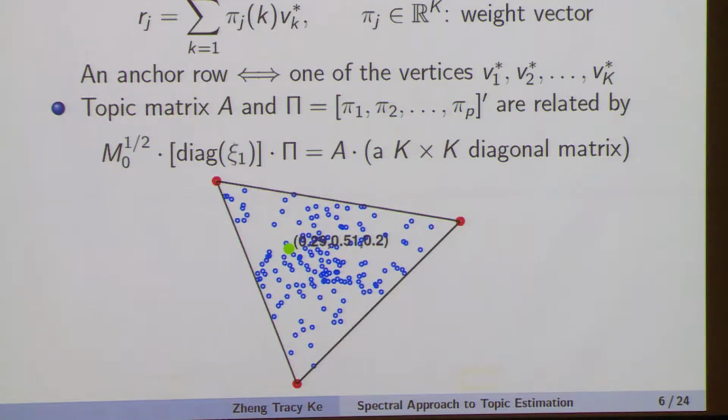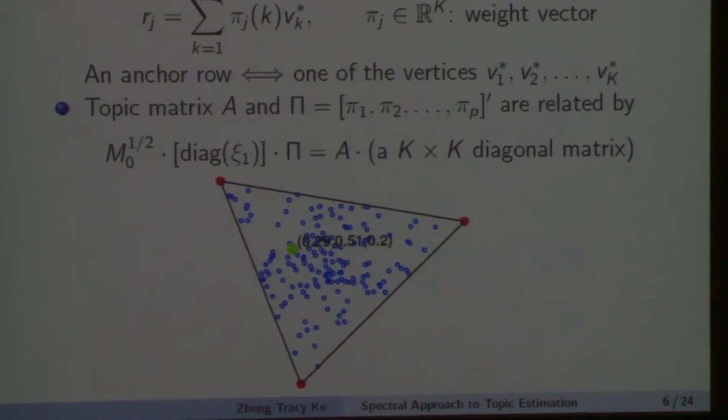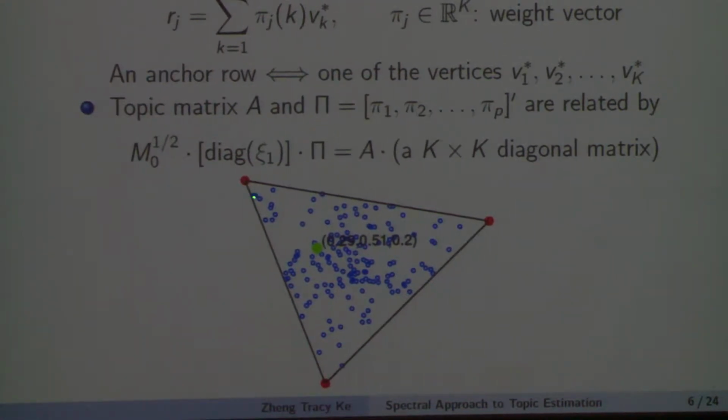The rows of R form a data cloud with the silhouette of a simplex. Still, it's unclear how this is related to estimating A. On top of the simplex structure, I have some additional discoveries. Given the vertices, we can write each row as the convex combination of the k vertices, and let pi i denote the unique convex combination coefficients. If we stack all the pi i's together, it gives us this p by k matrix pi. And it turns out that this matrix pi is directly connected to the targeting matrix A using this equality here.